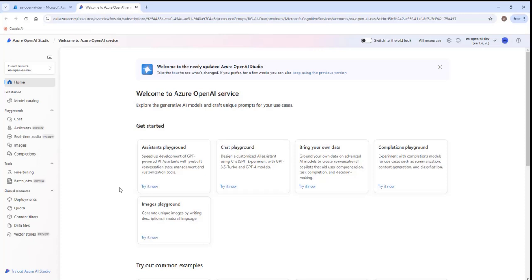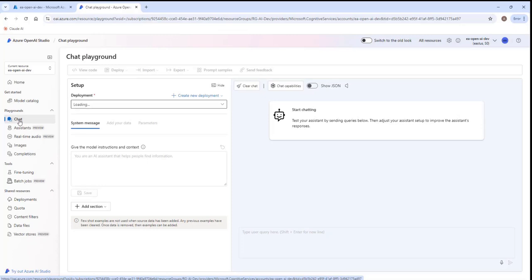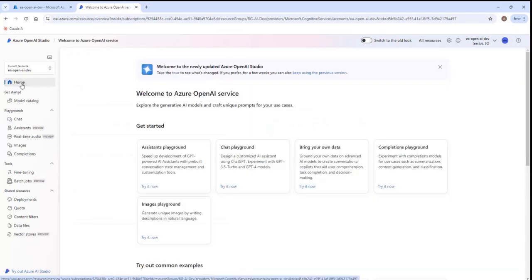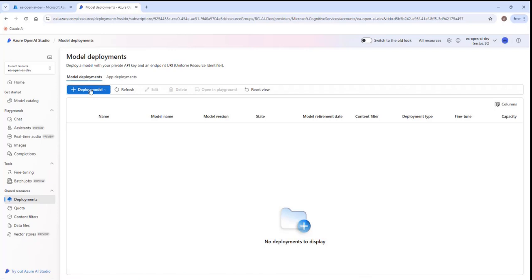The first thing that we need to do is creating or deploying a LLM. That's the first step. So I go to, for example, chat in the playground section or any other category. We can see that different options available here, but they are all disabled because we need to deploy a LLM first. So if I go to home, and here you go, deployment. Click on deploy model,